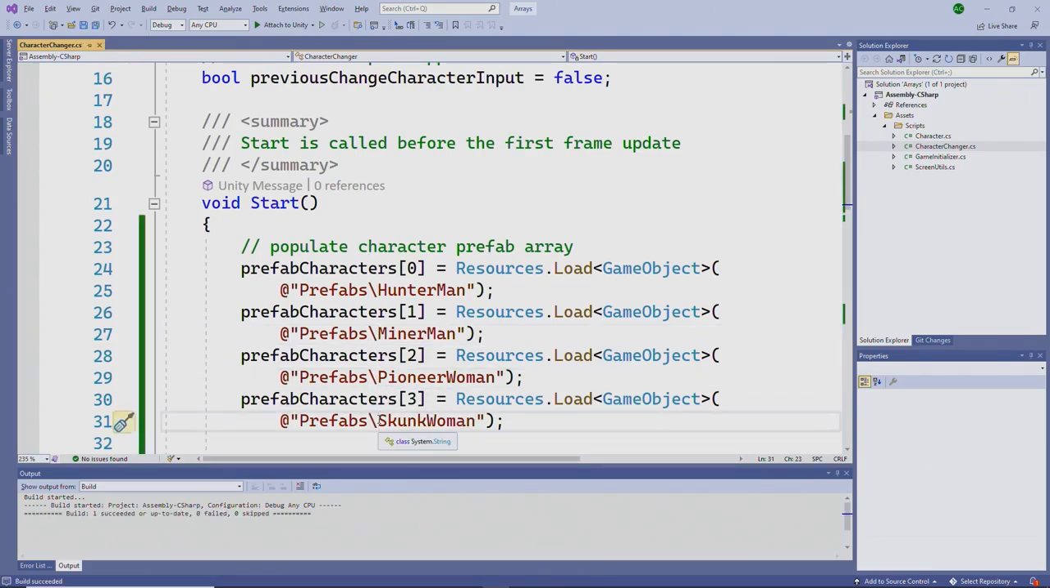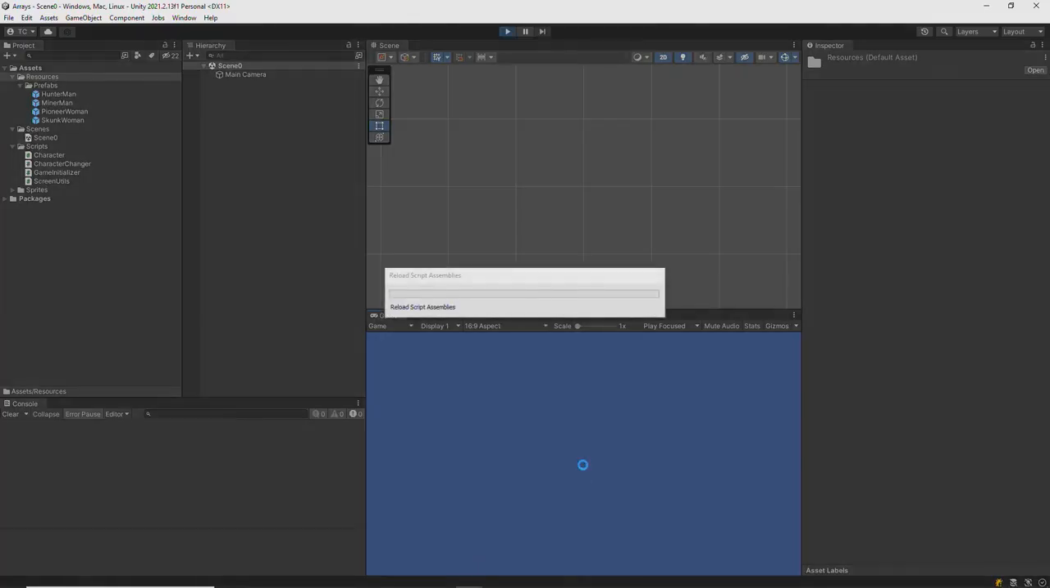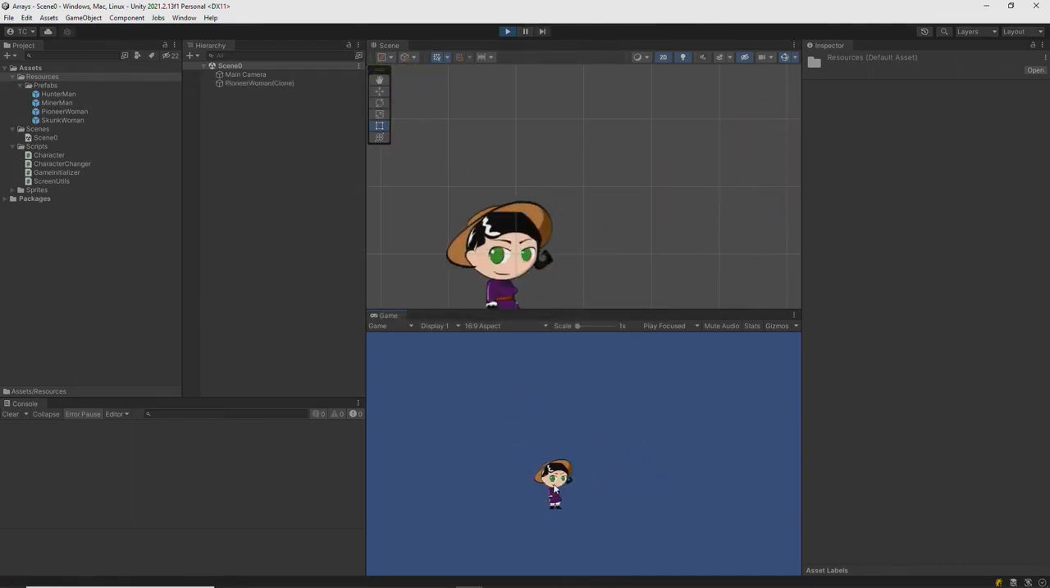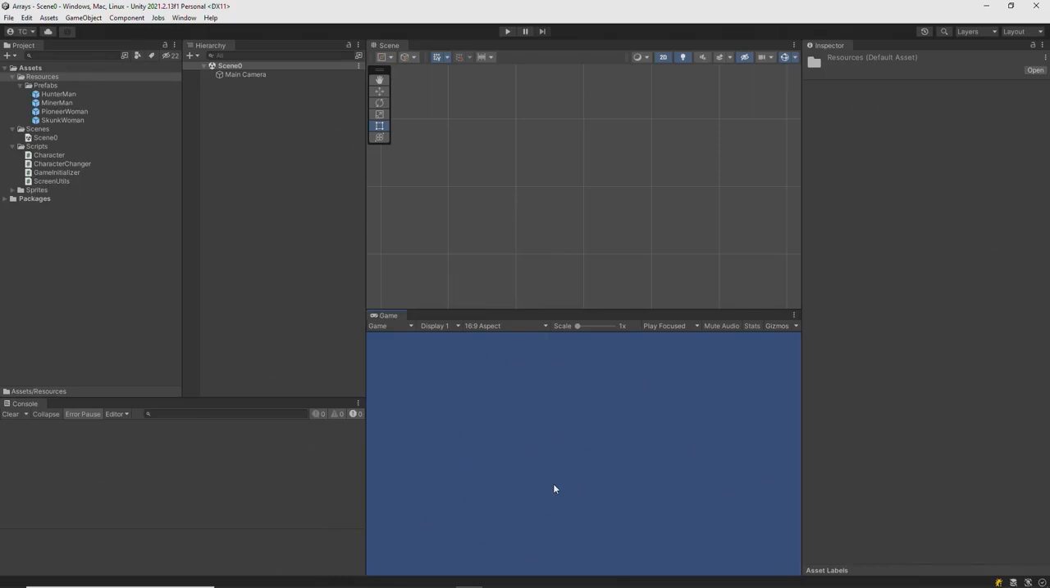Building one more time. And back in the editor, when I run the game, it still works like it did before. And that's how we can convert from using multiple fields for our character prefabs to using an array instead. And we saw that that made our code much more compact as we were randomly picking a character to change to. And we also learned how we can dynamically load resources, the prefabs in this particular example, as we run